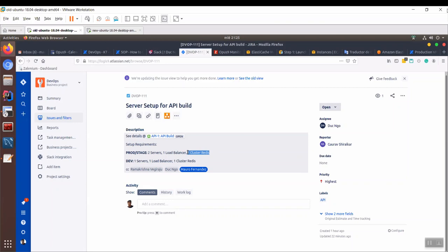For Redis, the only thing that you need to do is create the cluster, and then Rama and Warab will start working on Redis, because you need to set up the instance. So we only need to set up this, and for the server, ask Warab and Rama what we need to have inside.